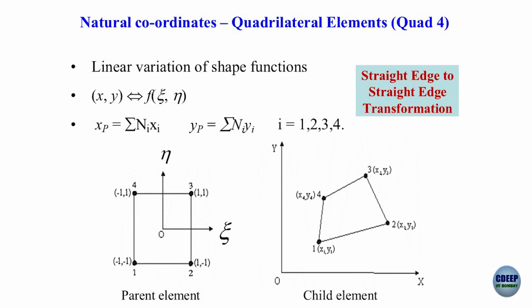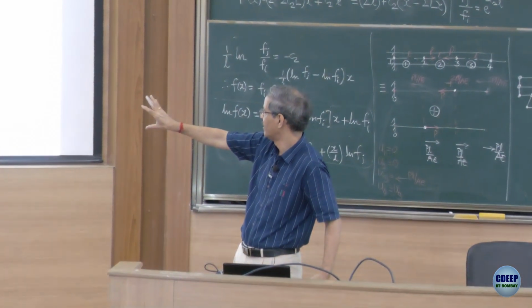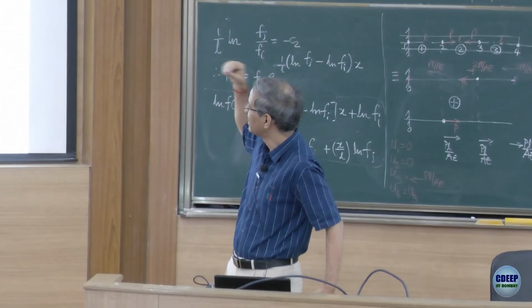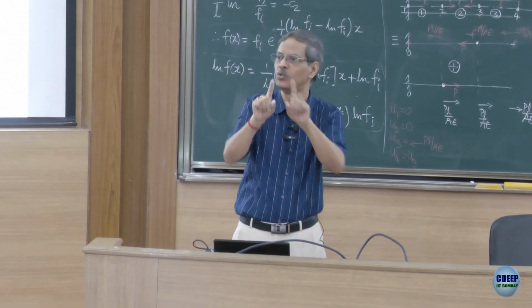Mapping from zeta eta coordinate where its coordinates are always fixed, -1, -1, 1, -1, 1, 1, -1, 1. So those coordinates are fixed. In the real physical world, let them be any coordinates x1, y1, x2, y2, x3, y3. So I will do this